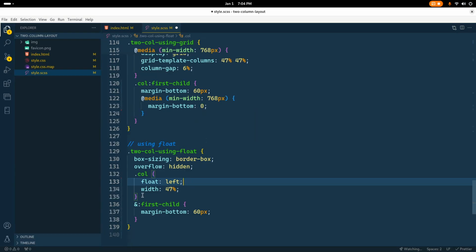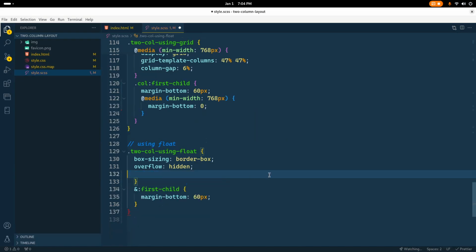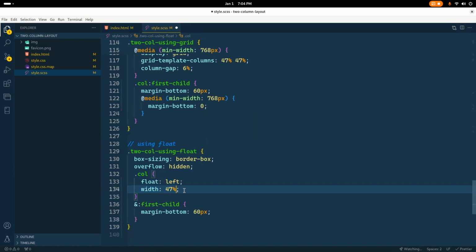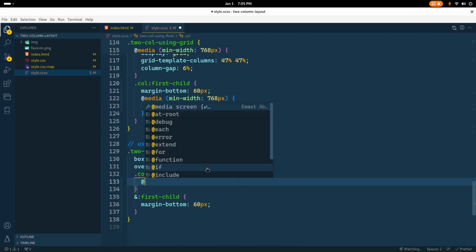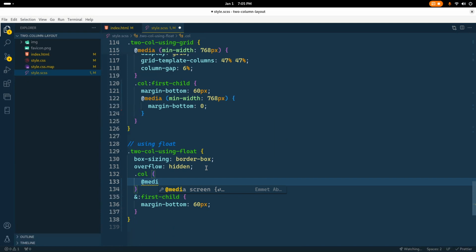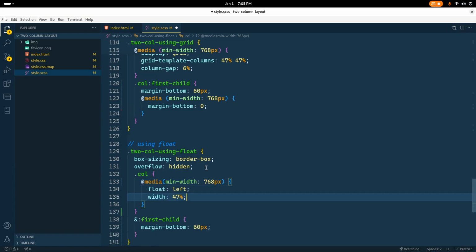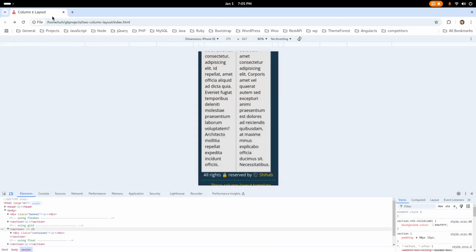So we also need to wrap this in a media query, so we don't want it on larger devices to float on the left. We don't want a float on small devices. So media, min width 768 pixels, and paste my code. If I check this,